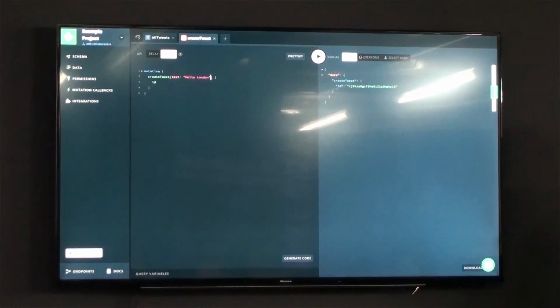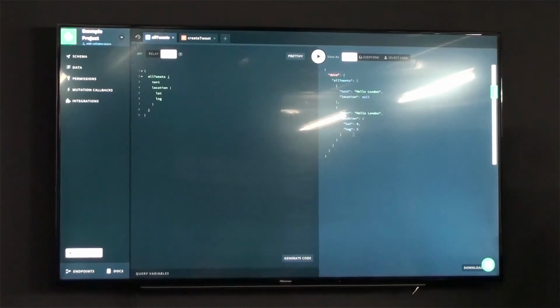What we can do is either create a location individually and associate them, or in one transaction, create a tweet and at the same time also create the location. So that's something like this. And if we query this now again, we should get 2 tweets and one has the location.